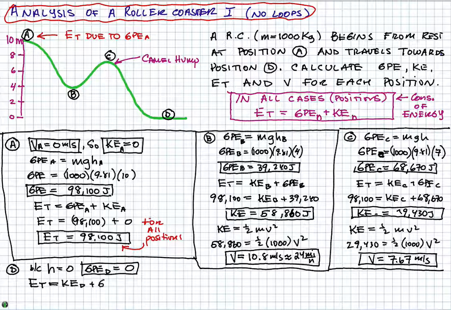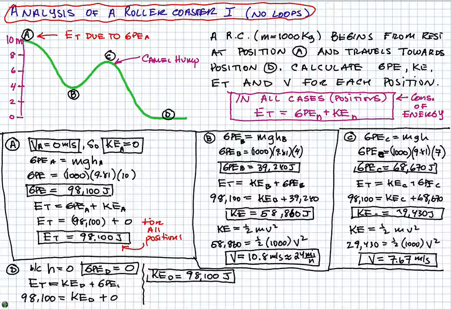KED plus GPED. So ET, oops, let's get rid of that. Try that again. That would be 98,100 is equal to KED plus 0, which means that KE at position D is going to be equal to 98,100 joules. What that means is that in this roller coaster ride, when you go from A to D, all